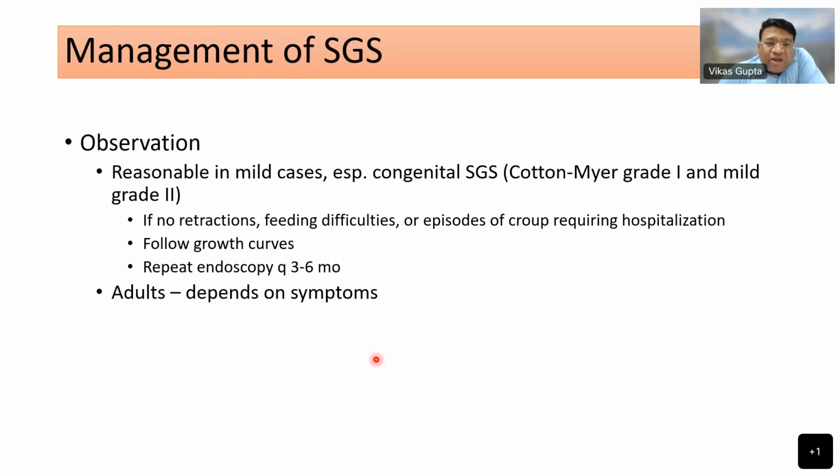Now coming to the actual management. Observation only means that a patient is having stenosis and we say, okay, you do not need treatment, we can observe. Observation is a viable option in patients with very mild symptoms, or symptoms only in very strenuous exercise, like grade 1 stenosis. If there is no retraction, no feeding difficulty, there are episodes of croup, and the patient is following the growth curve,